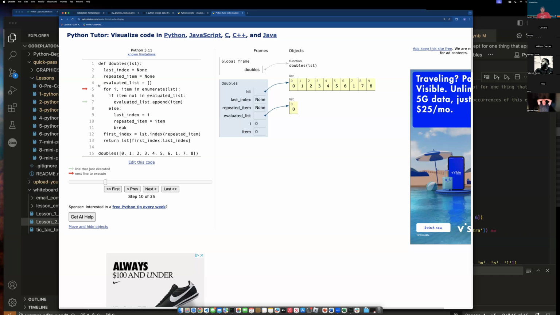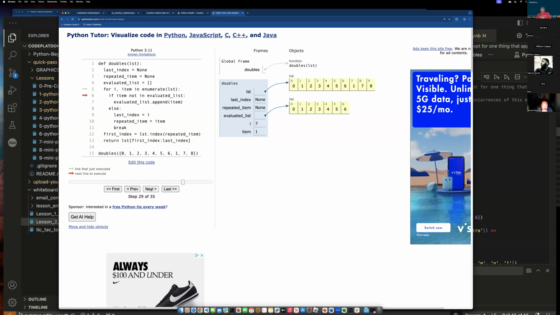And then the loop's going to go over again. I is going to become 1. And also the item is 1 because it also ascends up. So the loop's just going to keep repeating. And it's going to check to see if the item I'm on is already in that evaluated list. Is it not? Okay, add it. And it's going to keep doing that. It just keeps going back and forth while I'm going through and iterating over this entire list with this for loop. And then you're going to get to a point